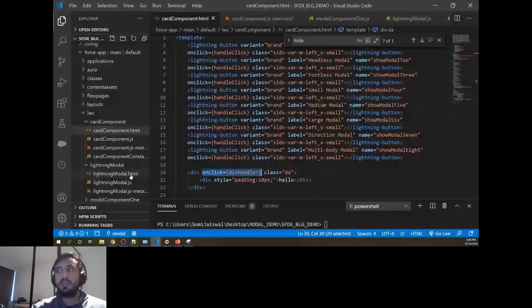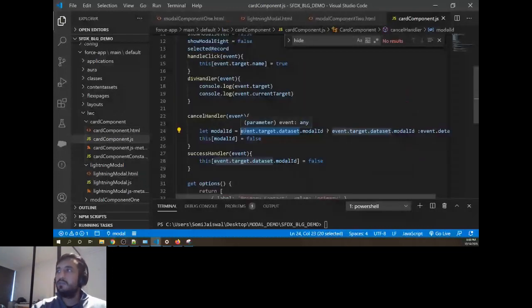If you are writing plain JavaScript and you want to know the node type, the children name, how many children are inside that particular event, then you use them, but in real time you don't. In LWC, you need only event.target.dataset and event.target.name or .value. That's it. So you don't need to worry about it.